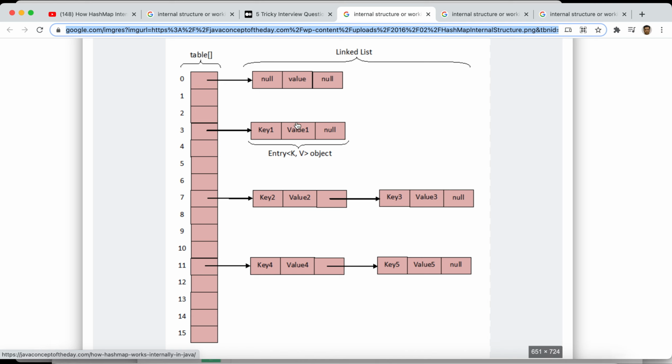The important thing is the node contains the key and value, because this is what we really need in our application. So each element can contain x number of nodes, and the node structure basically contains the key and the value.